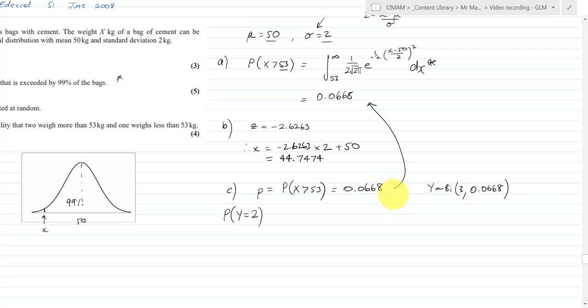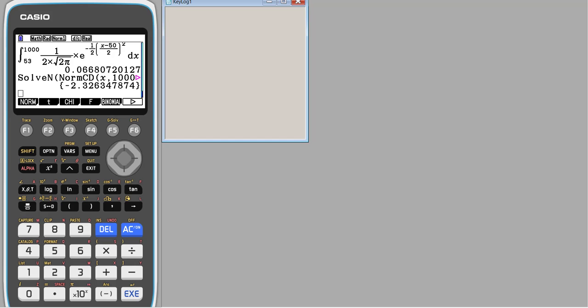And so the probability of Y equals 2 is 3C2 times 0.0668 squared times 1 minus 0.0668, whatever that is, to the power of 1. And so I can go back into my calculator now and do that calculation, but I do need to get into my probability menu, so I exit out of here, just to remind you,